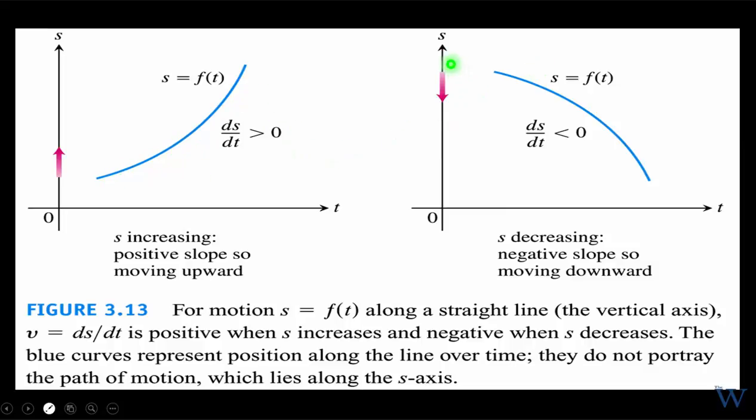And if you're going in the opposite direction, that means the derivative of s with respect to t would be negative. Okay, so when s is increasing, the slope of the line tangent would be positive. If s is decreasing, then the slopes of the lines tangent to the curve would be negative, which brings us to the term